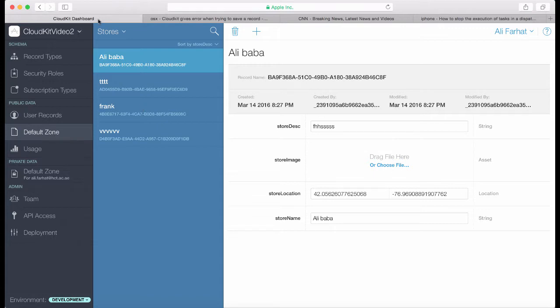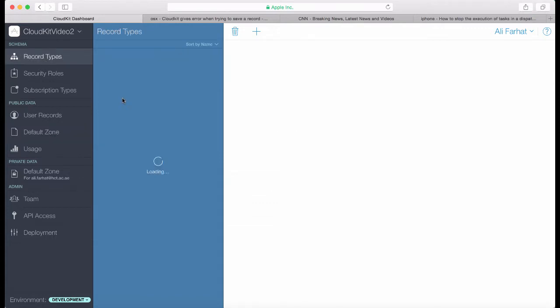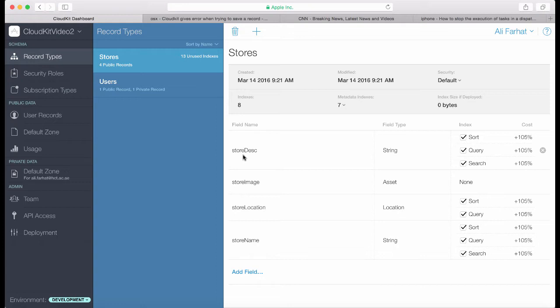Now, as you remember in the previous videos, we've created an app called CloudKit Video 2. If you go to the dashboard and log in, we have some records in the stores. One of them is Alibaba, and if you look at the schema, the structure of that table, stores, it has store description, store image, location, and store name. We're going to use this to query. So we're going to search for a particular store